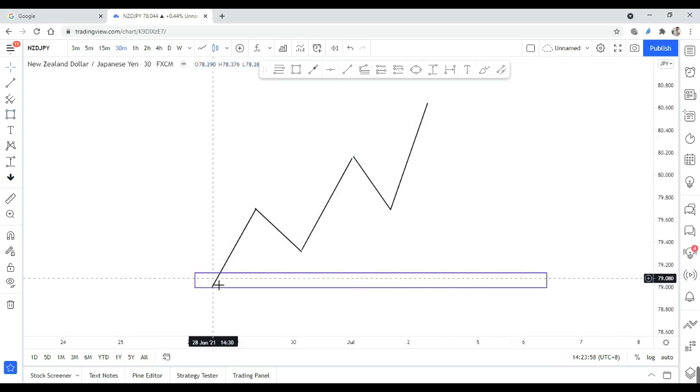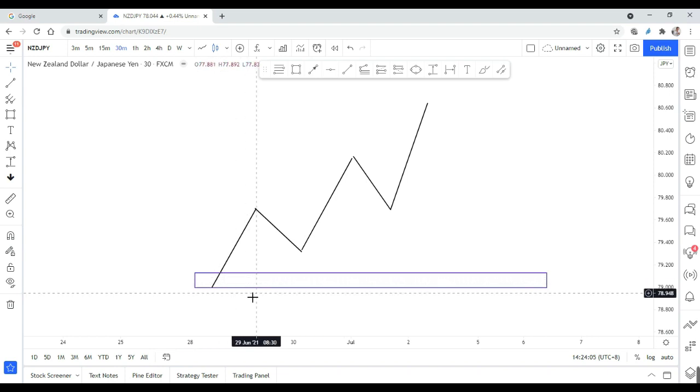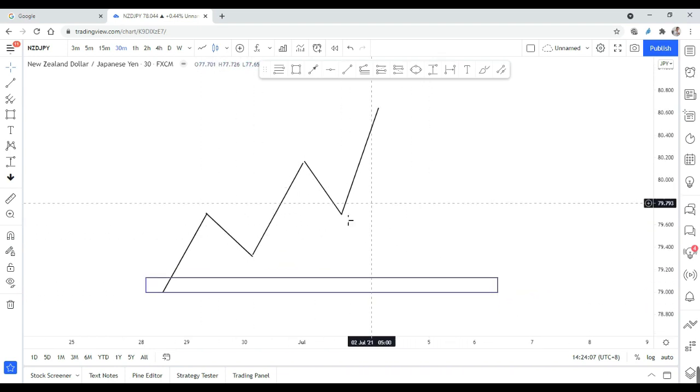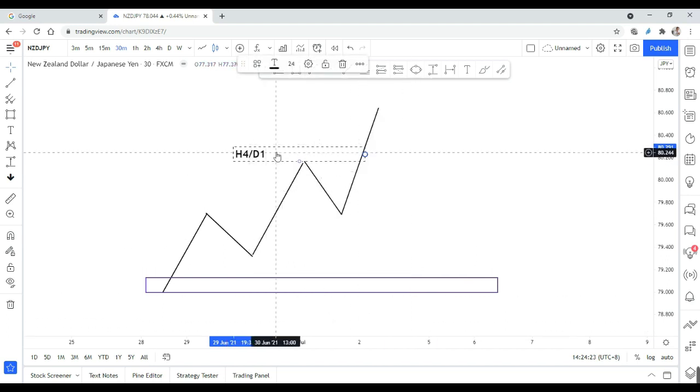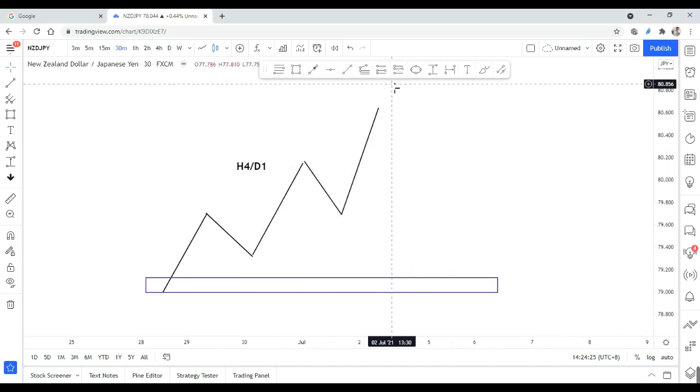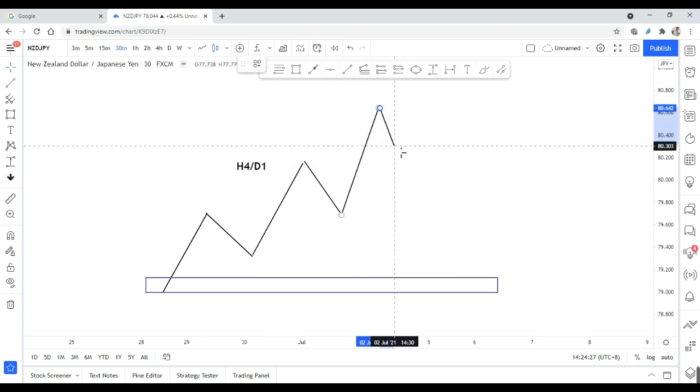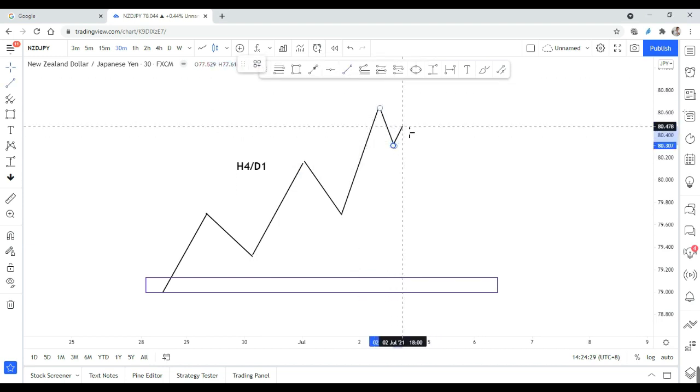I do not know what is in this area. Maybe there is a bullish engulfing pattern, or maybe there's a very strong demand pattern. I do not know. So let's assume that the price is moving up, and this is in H4 or maybe day one time frame, depends. Then in the lower time frame, you notice that the price is making very nice supply.